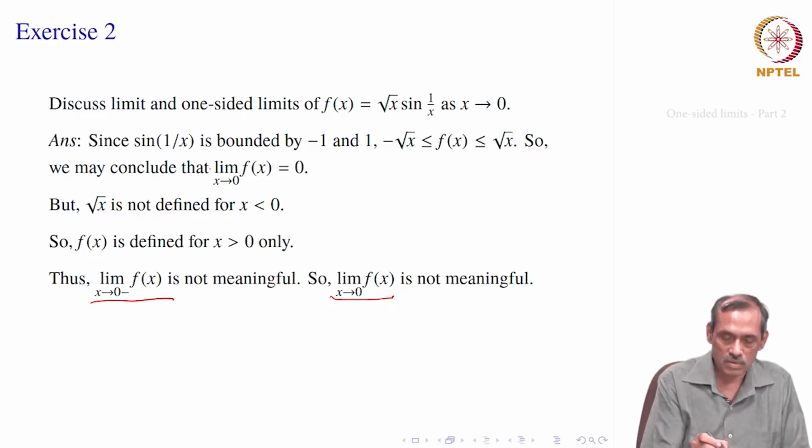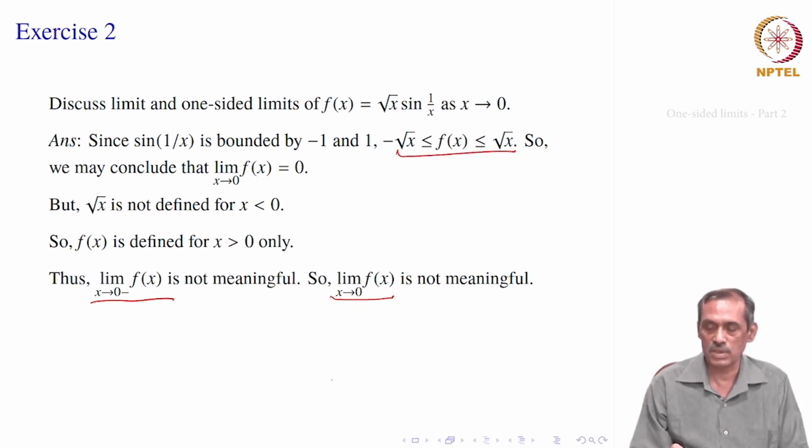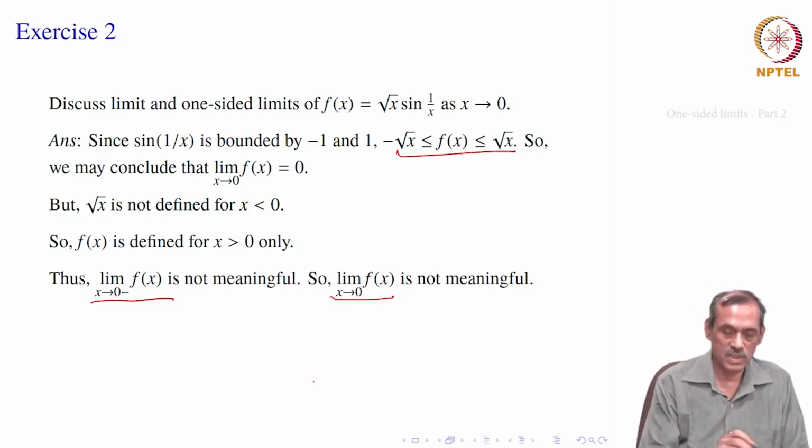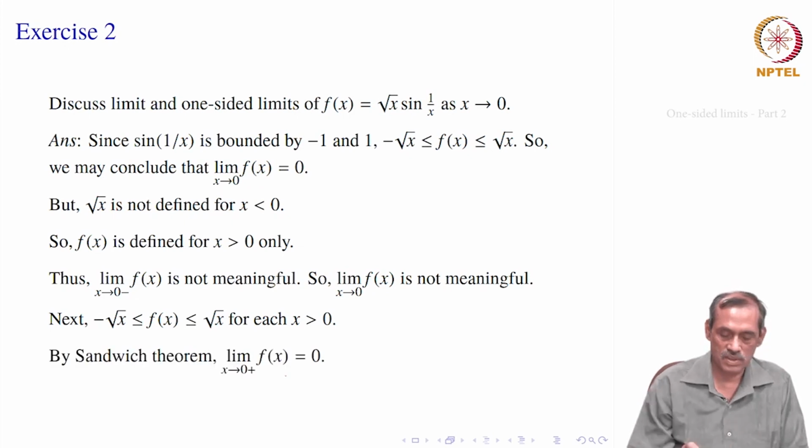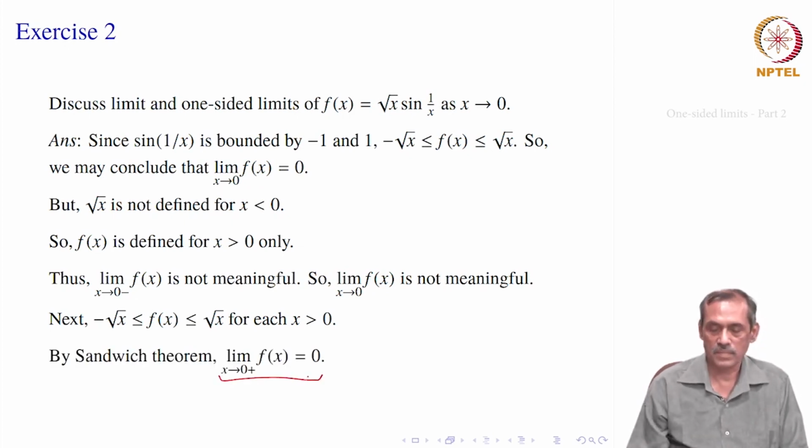So, the earlier conclusion we thought, that it is bounded by this and by the Sandwich theorem goes to 0, gives the correct result, but only whenever it is defined, whenever the concepts are meaningful. So, the same argument really gives that the right sided limit is 0, that is what we would get, but not the limit.